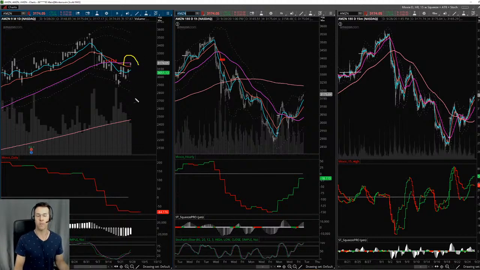It is running right into the underside of the daily 50. Now, maybe it pushes a little bit further. These moving averages aren't super hard, firm. Sometimes they're a little fuzzy. You can see that before, right here, price just went a little bit past the daily 50 and then bounced a little bit. So we can get just a little bit more movement up there.